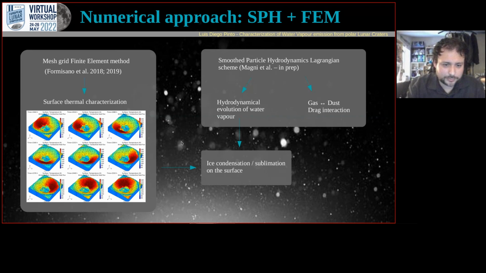We may use this temperature as the boundary condition to support the study of the hydrodynamical evolution of the gas component, which is studied by another scheme, and this is the part on which I want to focus in